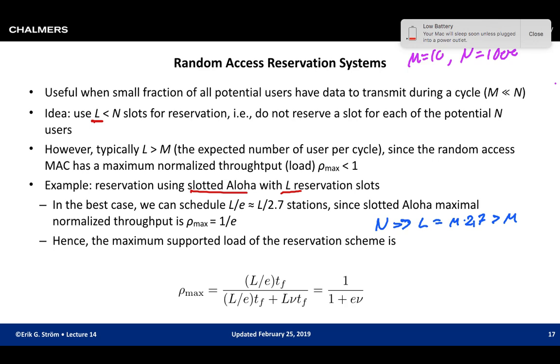If not the case, then it's not a good scheme. And then if that is the case, this is the maximum supported load of such a reservation scheme